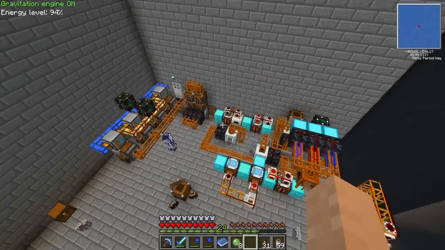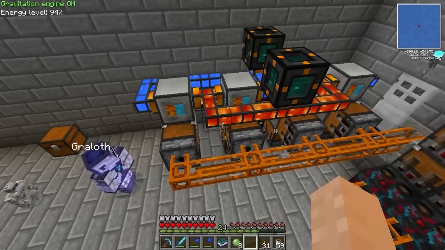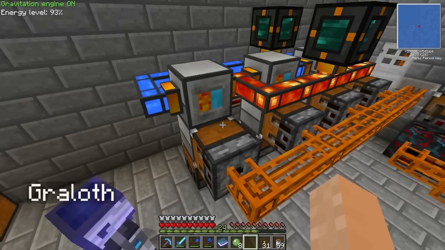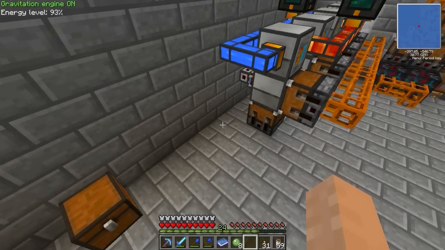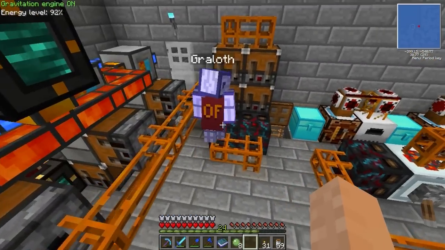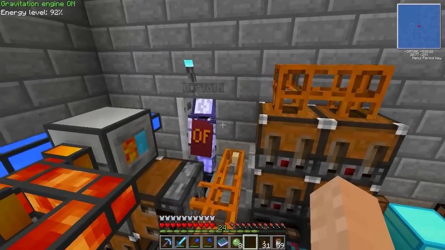We can go up top, and I can show you some more of the basic stuff up here. This is the sand generators, which is just an igneous extruder creating cobblestone into a pulverizer, which then creates sand and gravel. The sand gets pumped into this chest here, but since this chest is full, it goes to the same destination as the gravel, which is these recyclers. But since these recyclers are full, if you go in here,